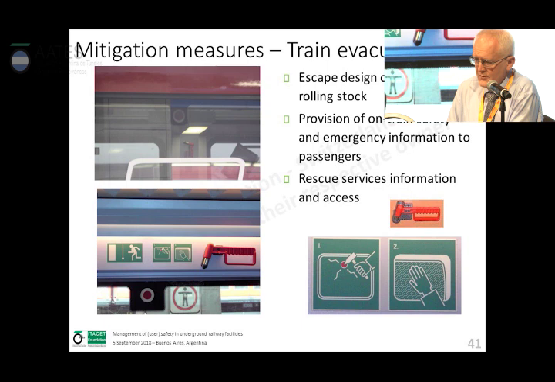So where to evacuate, then how to behave in an emergency as well in a tunnel, and how you, for example, can in an emergency deblock doors or windows. So all this is part of the train equipment and train requirements.